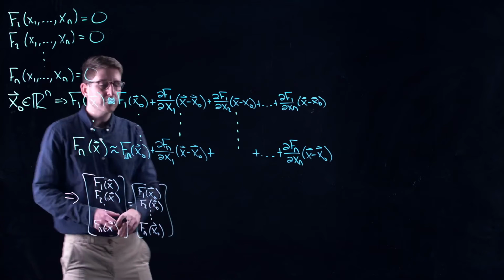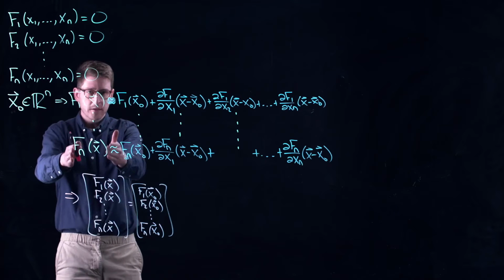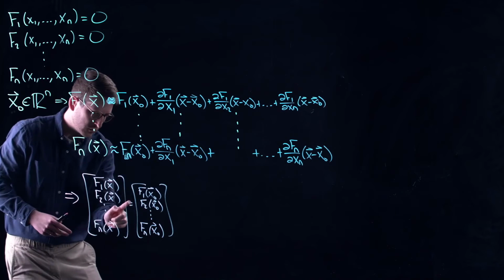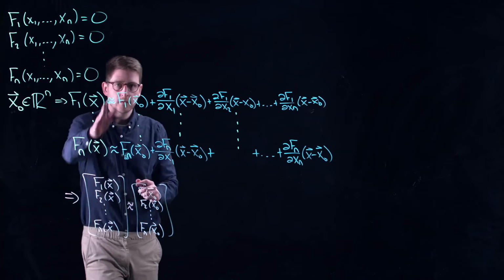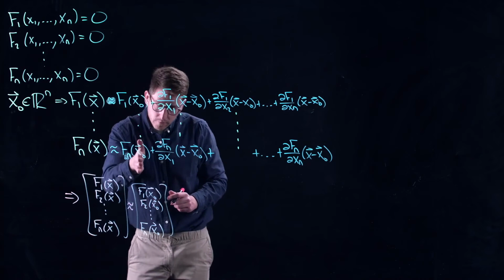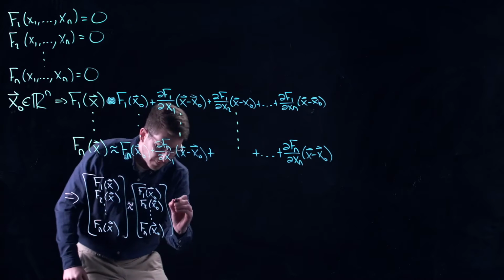So I'm just using vector notation to clean it up. So it's all of this. And I guess I should put approximately equal just so everything is consistent. Approximately equal, then all of the initial guesses. Then,